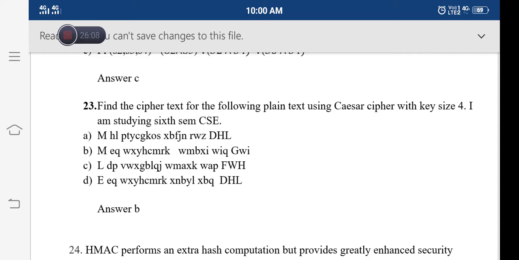Now we have to find which one is the correct answer from options A and B. So check the second letter, A. The fourth letter after A is B, C, D, E. For M I will get Q. For S, four letters after is W. For T it is X. For U it is Y. Like that I will find. For CSC I will get GWI. So the answer is B.